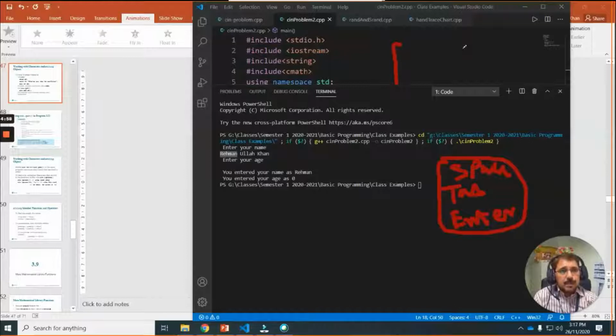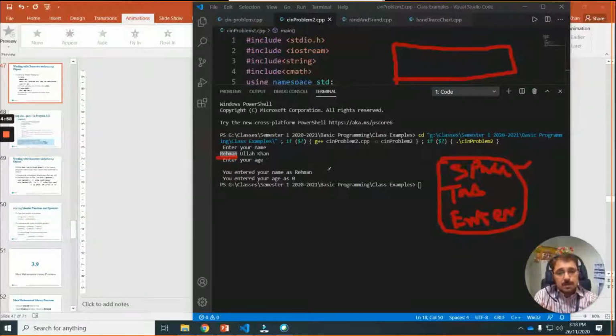One problem is that the computer only reads the first word, and when a space comes in, it stops reading. Next time when it comes again for reading, it takes the space or the enter. Space, enter, and tab are non-printable, non-visible characters that cannot be seen.